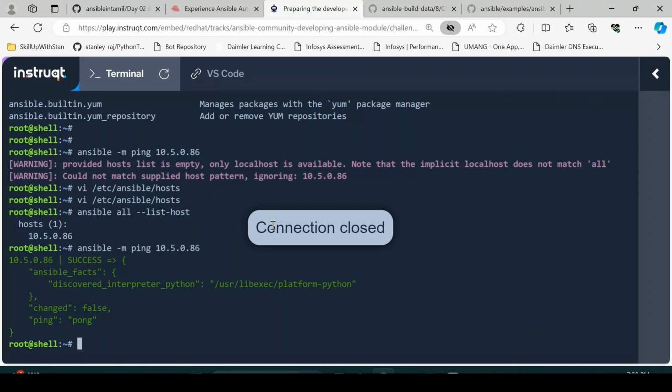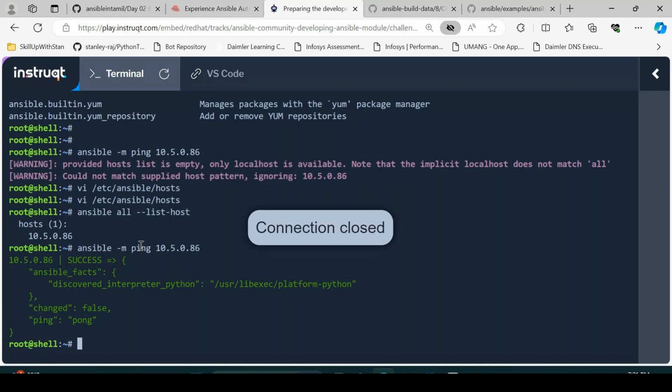Okay. All right. Once you have established a connection, how can we verify that the connection is successfully done? You can use an ad hoc command to verify that. The simple ad hoc command is ansible -m ping followed by the client machine. Suppose you have to verify 100 client machines or 1000 client machines. How can we do that? I'm just asking. I already gave some highlights, so I'm expecting someone to answer this. Here I have given only one client machine. Suppose I have to ping multiple client machines. How can we achieve that